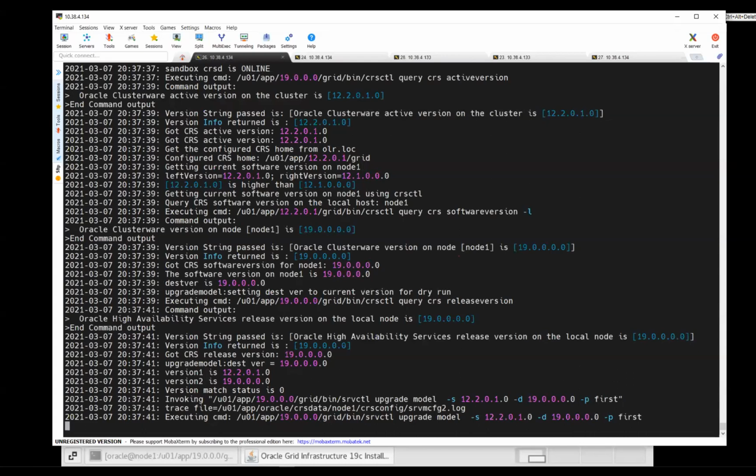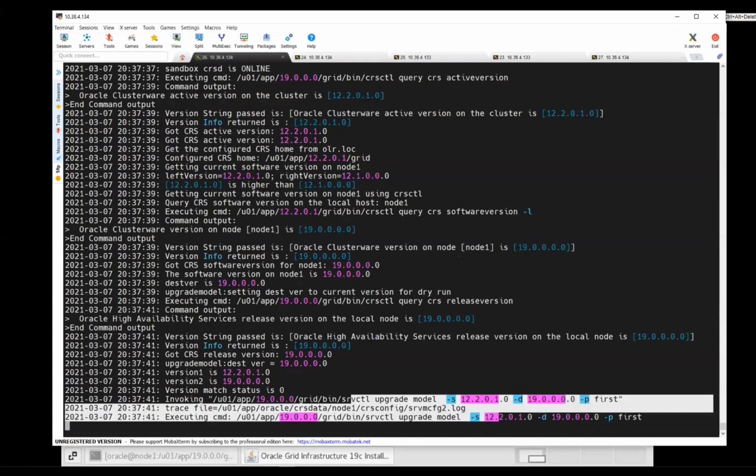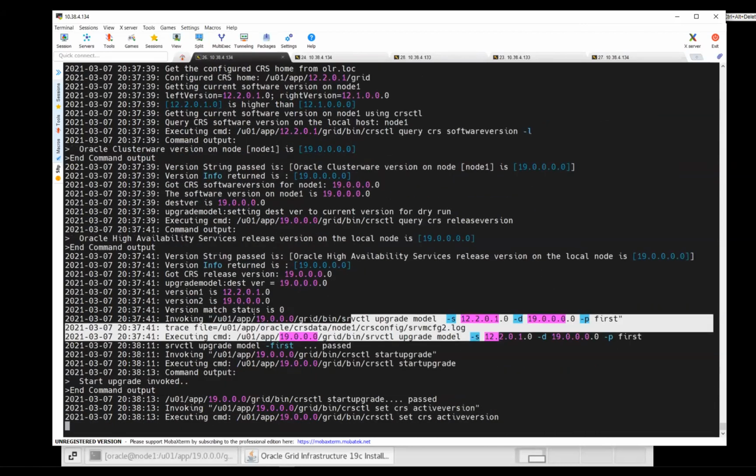Okay, Ramender is asking, are the databases under the 12c grid home running right now? Yeah, of course, you no need to worry about your databases. All your databases will be up and running fine, and only the grid home is being worked on. The end user will be facing a single glitch of a few seconds when the transition happens from 12c to 19c. That is where your cluster will go down and it will come up.